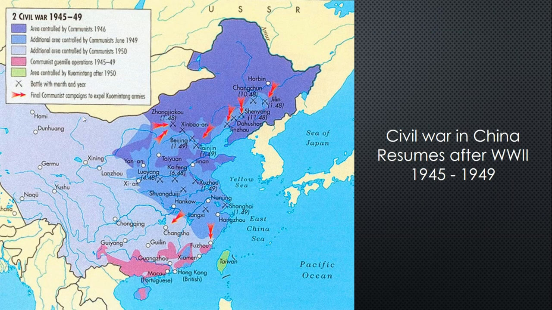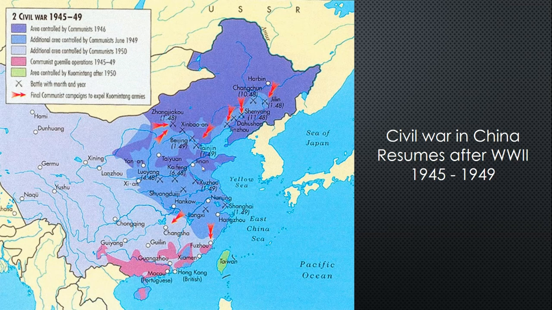So in China specifically, right? They've been experiencing a civil war that's been off and on and off and on. In the 1930s, there was a civil war that was going on between the Nationalist Party and the Communists. And then when World War II broke out and Japan is going to occupy areas of China, the civil war is put on pause and both sides are going to commit to fighting the Japanese.